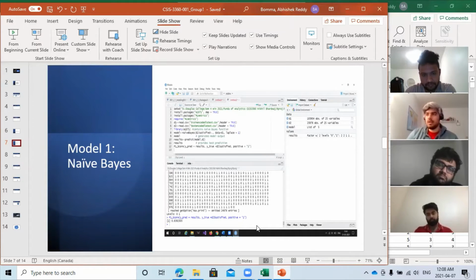So here we are training it with the satisfaction, and our Laplace is 1. Why do we use Laplace smoothing? Laplace smoothing is a smoothing technique that helps tackle the problem of zero probability. Sometimes you get a zero probability for one of the columns, and in Naive Bayes, if we do not remove it, it results in the entire probability being zero, and that's no good. So that's why we are using Laplace with 1, because I think smoothing with 1 gives more accurate results than any other random number.